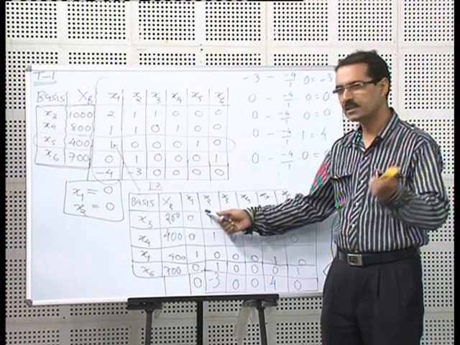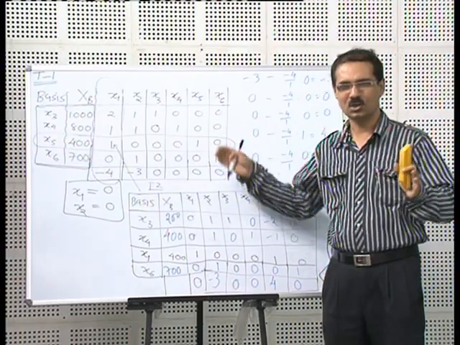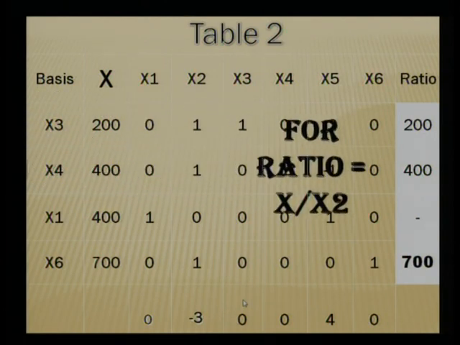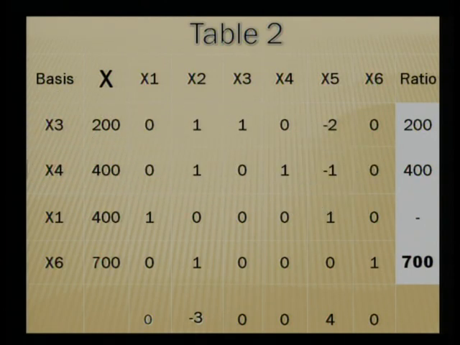As long as we are not getting all the last row numbers positive, we are not done. We can see this table on the screen as well. Our screen is going to reflect the whole table in a little decent manner. So, this is our table number 2. We can see that in this table again, as we mentioned, the last row has a negative number, and that negative number is minus 3. So, naturally we are bothered, will be selecting that column, and then ratios will come as we did for table 1. This will give us ratios 200, 400, and 700. 200 is the smallest positive number. That row has to be selected, and